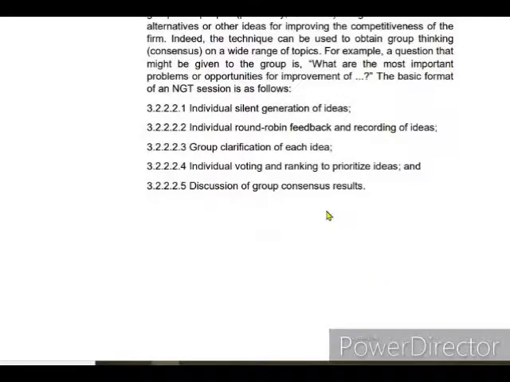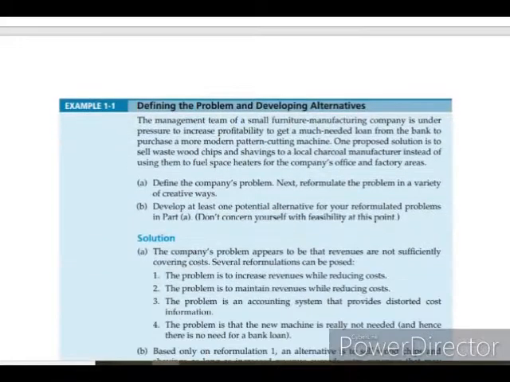So we should consult each one to clarify if the idea is really good. Okay. So next, individual voting and ranking to prioritize ideas. Of course, in a brainstorming we can generate more ideas, but we have to classify them in accordance with their importance through ranking. Okay, so discussion of group consensus results at the end. Of course, as a summary. Okay, so